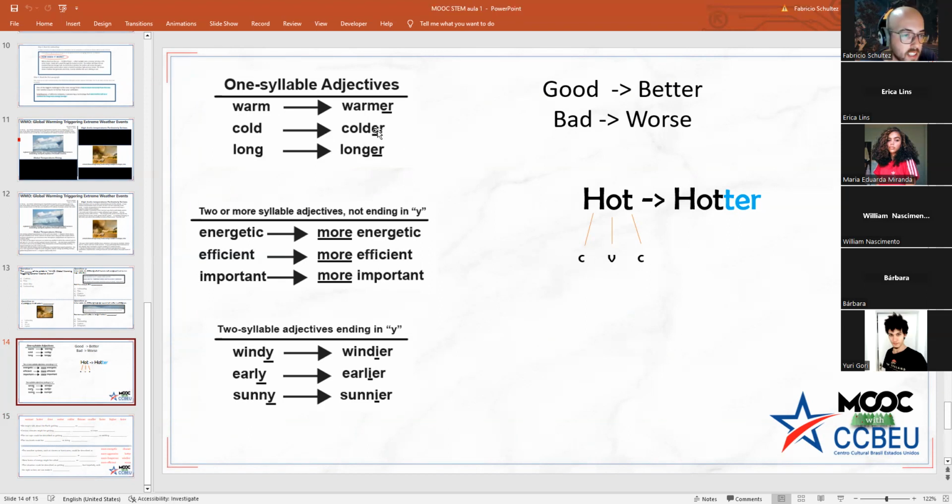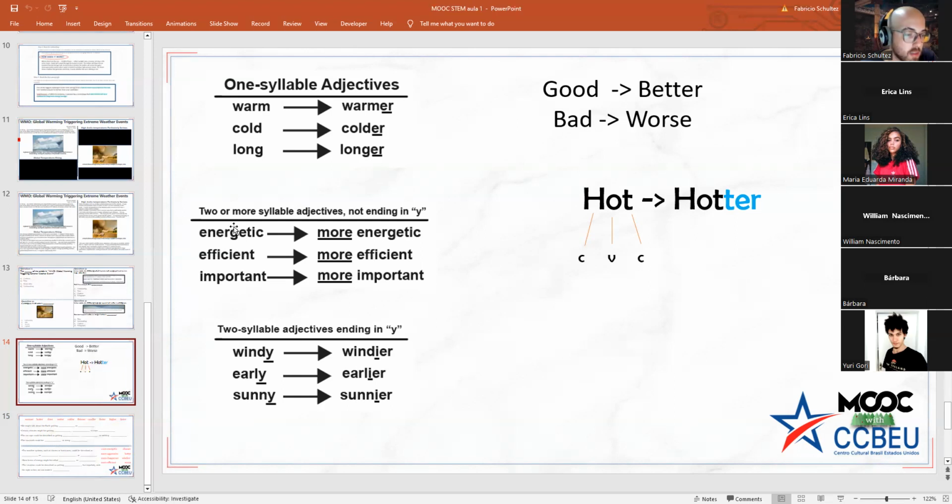Então, ó, esse ER aqui. Long e longer. Então, normally you add this. Normalmente você adiciona isso daqui. But if you have a long adjective, tá? Se é um adjetivo longo. O que que é longo? Duas sílabas ou mais, tá? Então não é muita coisa não. So if you have a long adjective, for example here, energetic,